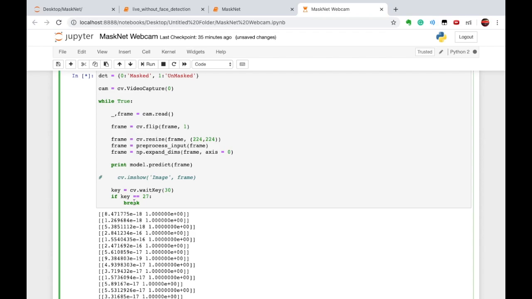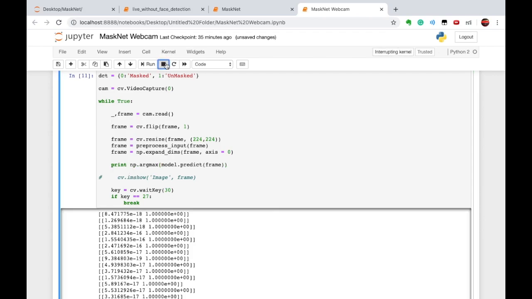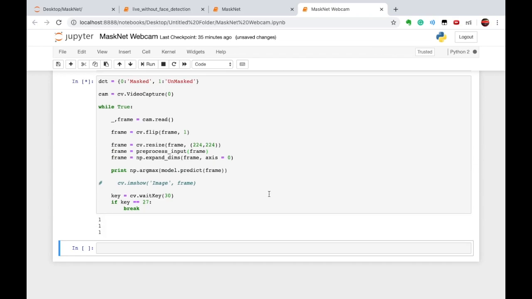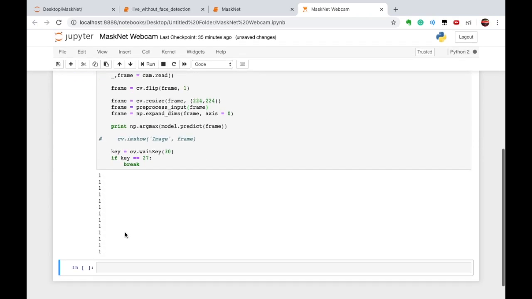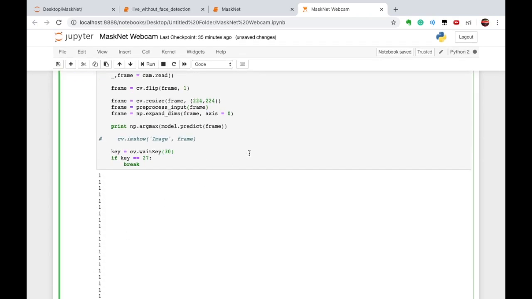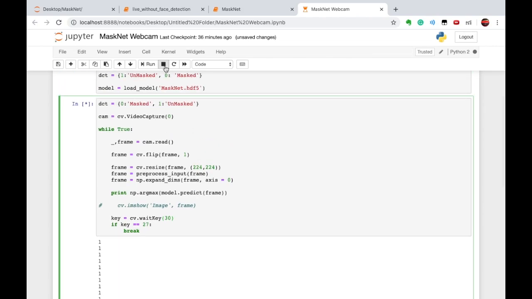So to convert that list into our desired format, either 0 or 1, we'll use np.argmax. Okay, so let's do this now. So it predicted 1 because I am not wearing any mask now. So let's stop this